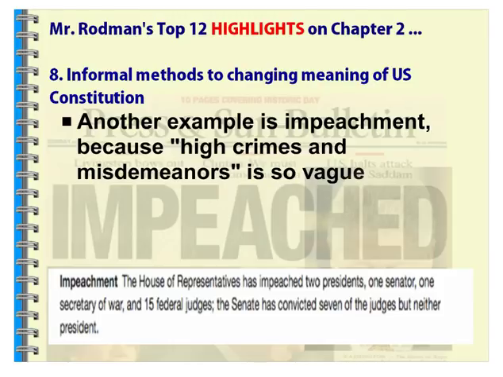High crimes and misdemeanors is pretty vague, and so the idea was let Congress figure it out. Let the House of Representatives impeach a president or a vice president or a cabinet member or a sitting judge, and let them figure out what is deemed to be impeachable, and then let the Senate decide how they're going to deal with the trial. Yes, the Supreme Court's Chief Justice will serve as the arbiter or the facilitator of the case, but the idea is that it's the Senate, 100 members of the Senate, that are the jurors in that particular case, and so this is that elaboration that we see there.